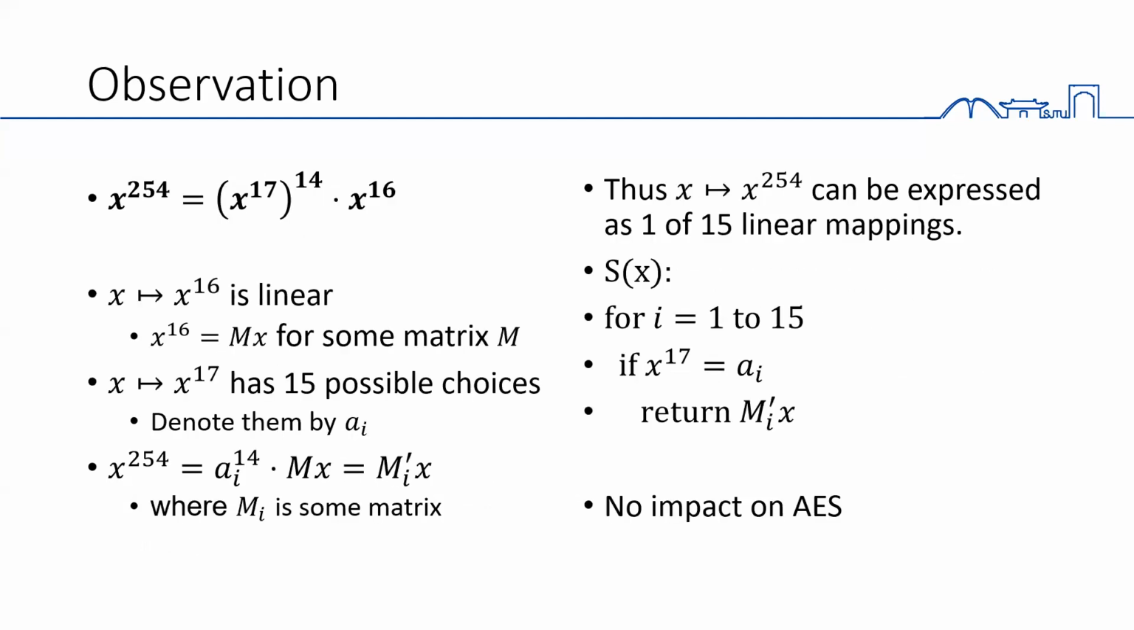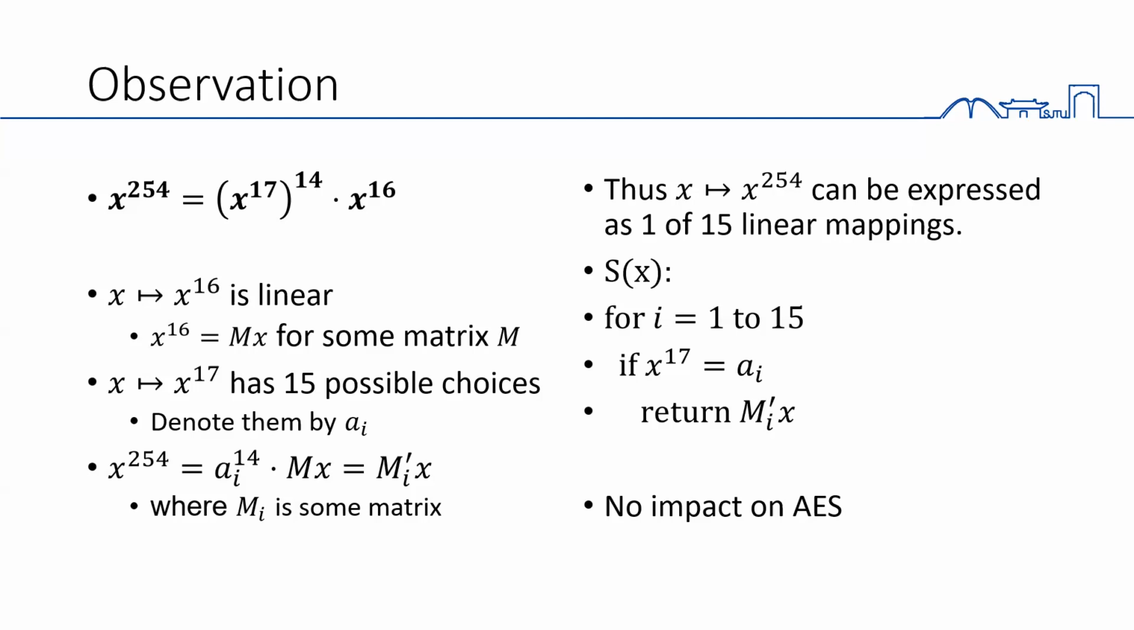Let's combine those two facts together. First, as x to the 16 is linear, it means there exists a matrix. Secondly, x to the 17 has only a limited number of possible choices, denoted by A. We can have x maps to x to the 254, which is the nonlinear function of AES, and it can be expressed as one of 15 linear mappings. In other words,